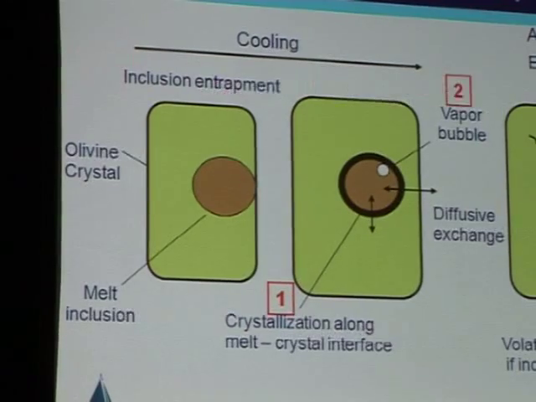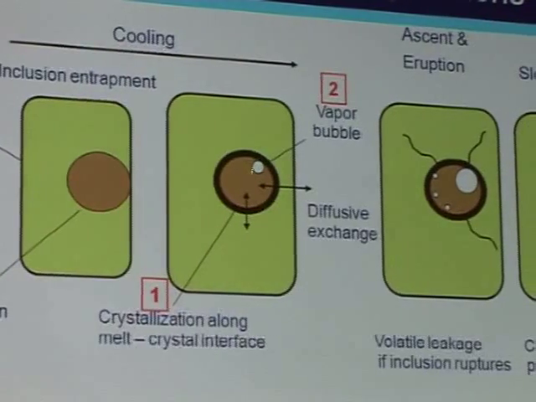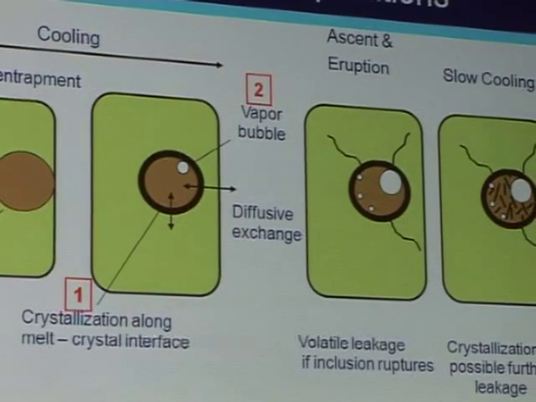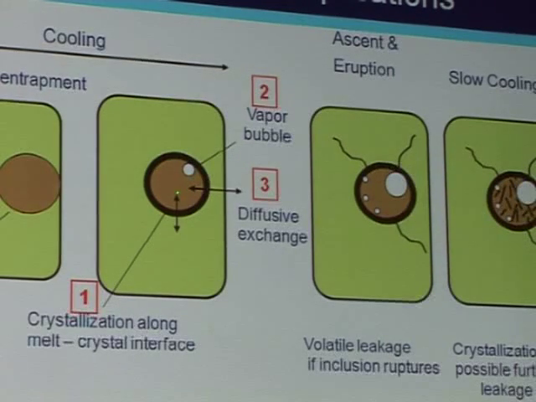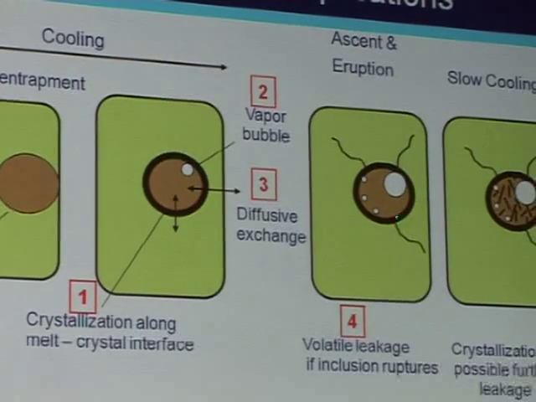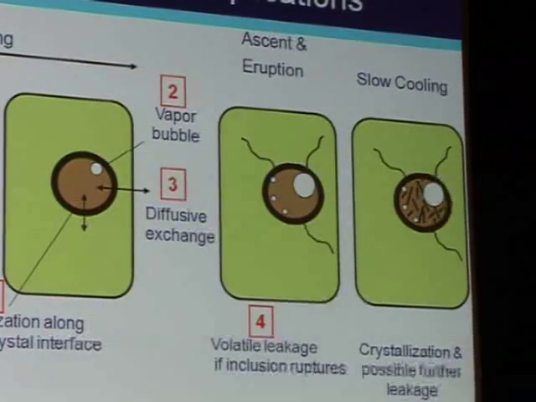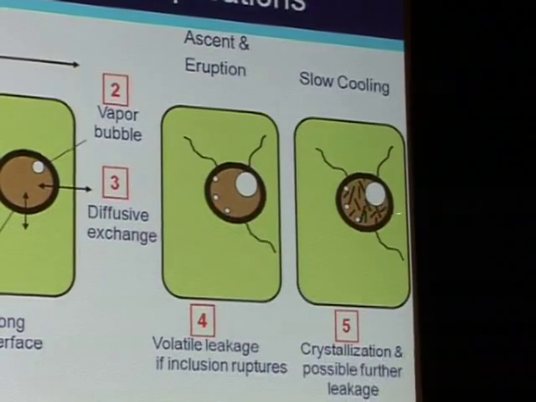And secondly, we can have vapor bubbles developing, usually dominated by CO2 because of its very low solubility in silicate melts. And we can also have diffusive exchange between the melt inclusion and the host mineral. And we can also have volatiles leaking out of the melt inclusions because of the development of fractures like the ones shown here. And then finally, we can also have the problem of some of the melt inclusion actually crystallizing